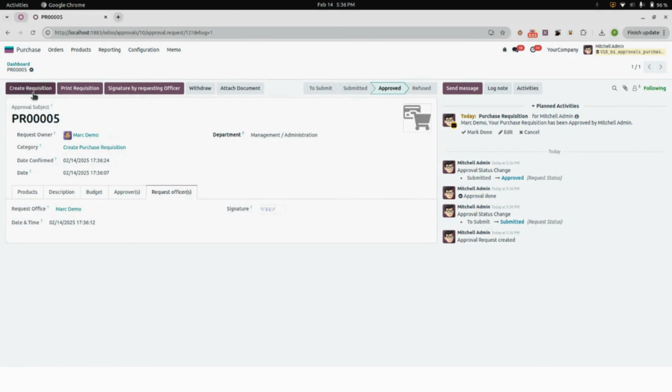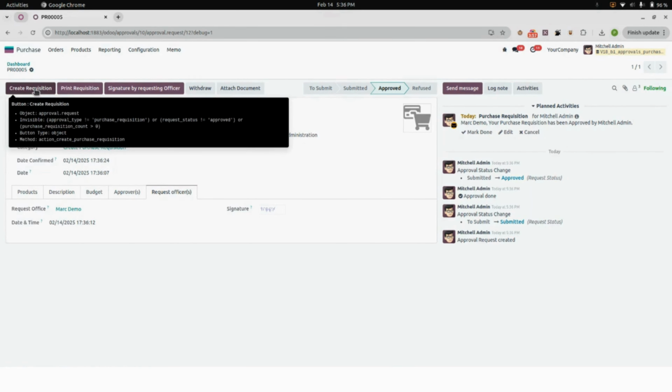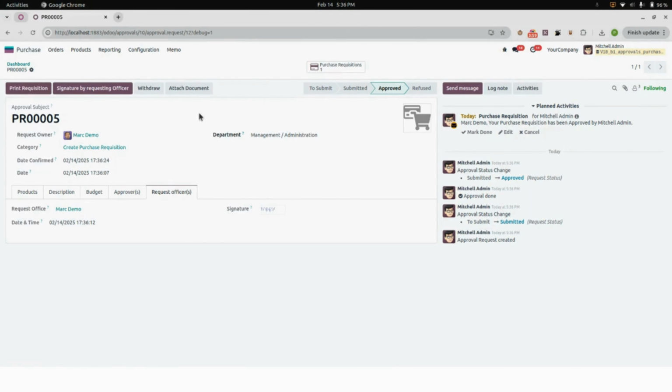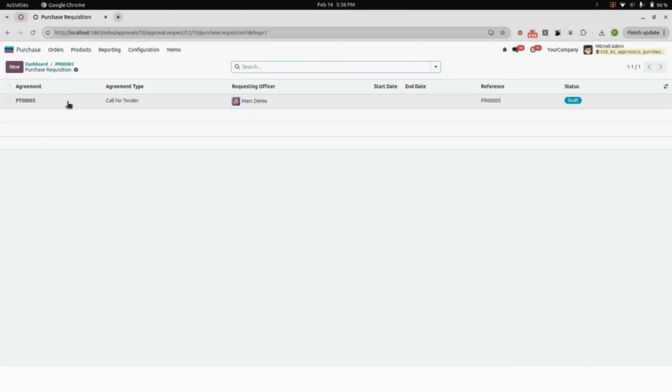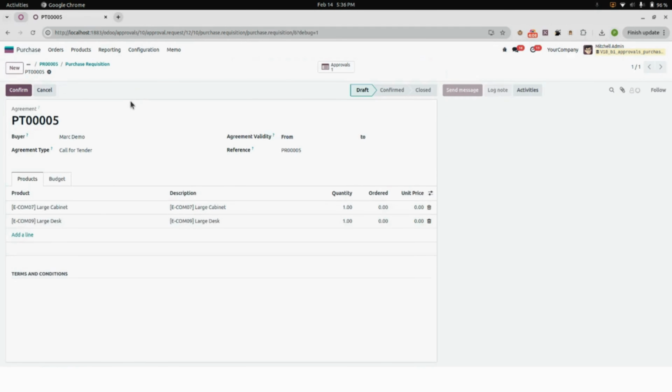And now we will create a requisition. We click on create requisition. Here you can see one smart tab will pop up, which is purchase requisition. We click on the purchase requisition, and one requisition is created. We go into the requisition, and here you can see our order, which is large cabinet and large desk. Buyer will be there, agreement type will be there, and the reference number and everything is there. Now we will confirm this order,